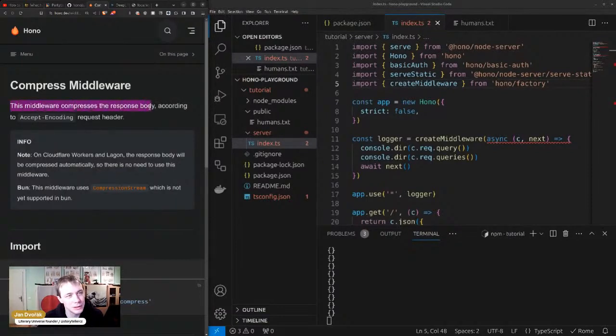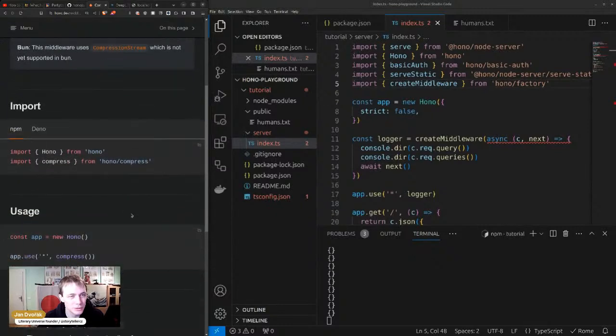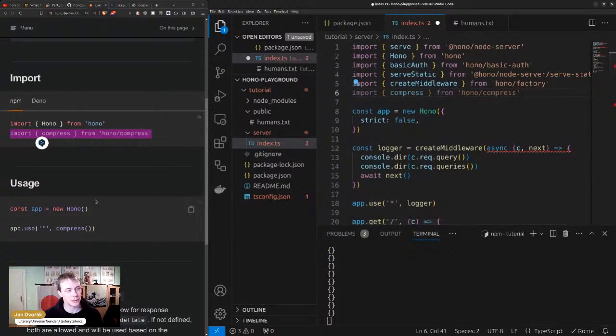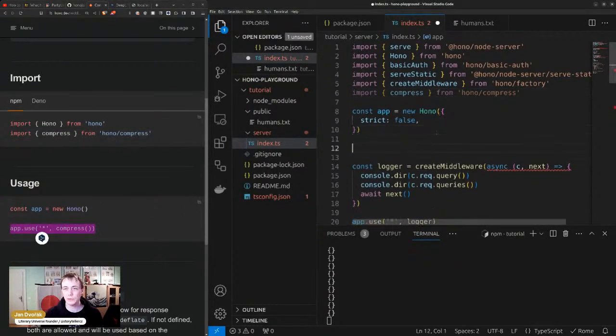Compress. So that compresses the response body according to the accept encoding request header. So it will be compressed automatically. Bun uses compression stream, which is not yet supported in Bun. So Bun does not support it, but we can immediately add it here, and this would be something that I would